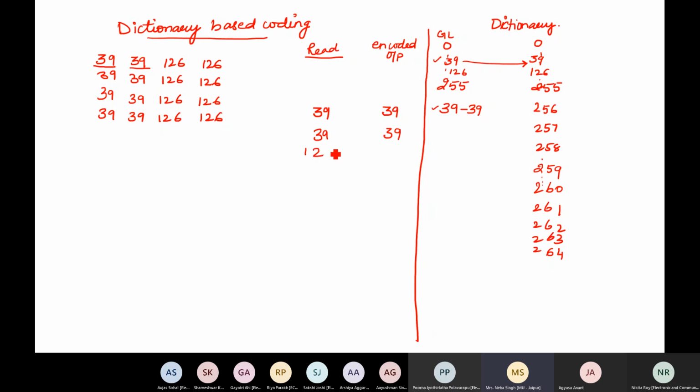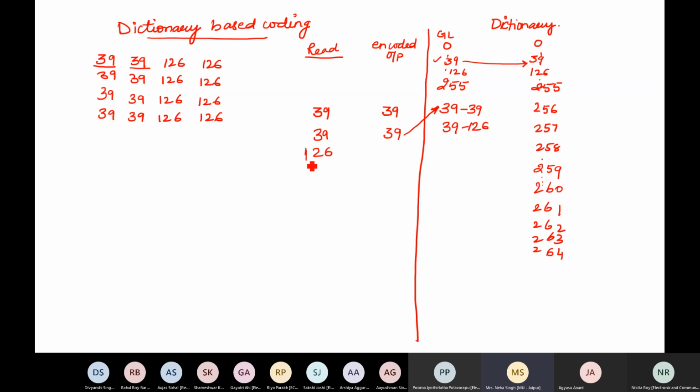The next value is 126. So at this step, I have made this entry. Next value is 126. Before moving on to encode this value, I will make an entry into my dictionary at the next code, 257, which says it should be the last encoded symbol followed by one new symbol. So last encoded symbol was 39. So the new entry in my dictionary would be 39 followed by the new symbol 126, so that in future if I get this combination, I can directly write 257.